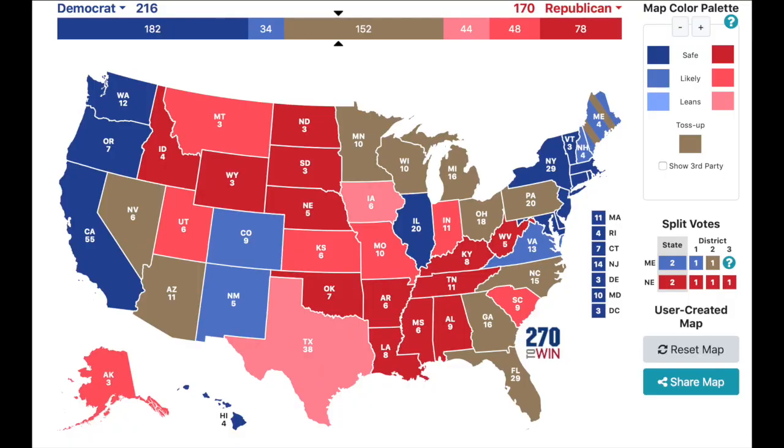Now, I'm going to show you what my map looks to be. And the reason why there's going to be different shades is because of how the current polls are going in each of these states. These states tend to show leniency towards Democratic or Republican. As we can see, Washington, Oregon, California, Colorado, New Mexico, Virginia, and so forth, you'll see are very blue. They are traditionally blue. They have a high percentage of Democrats that are voting in that state, and the likelihood of them going for Joe Biden is extremely high.